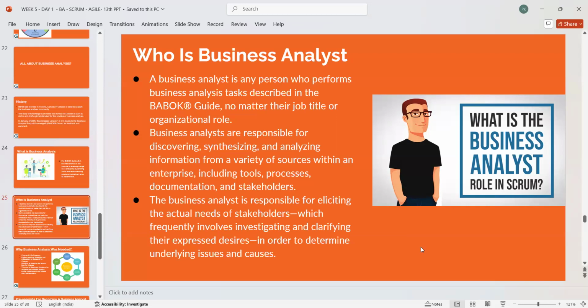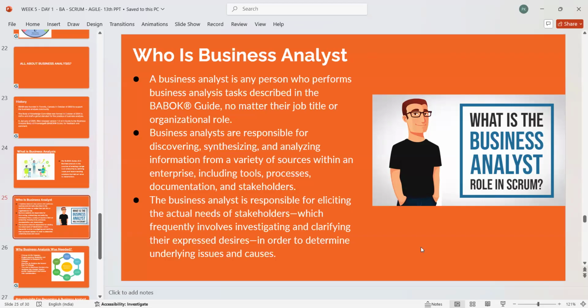Anyone and everyone who is working on business analysis can be marked as a BA. Sometimes testers are also working as BAs, or domain experts are also working as BAs. So this is just a note for you that you don't have to look only at the title to see who performs this work. Sometimes a junior developer who is just starting his or her career can also start working as a BA for better understanding of the product or application.